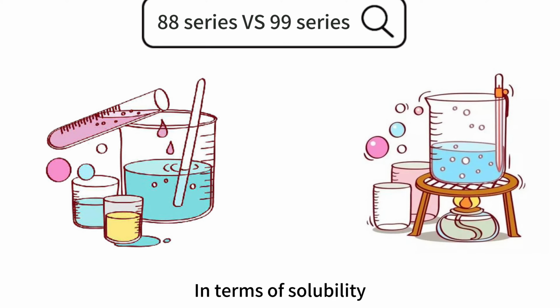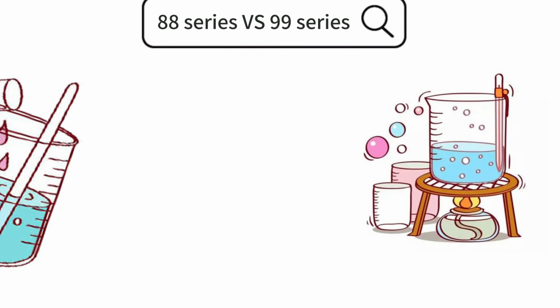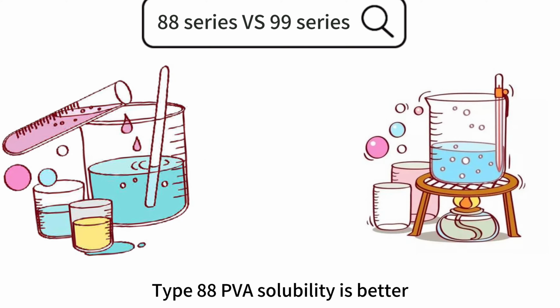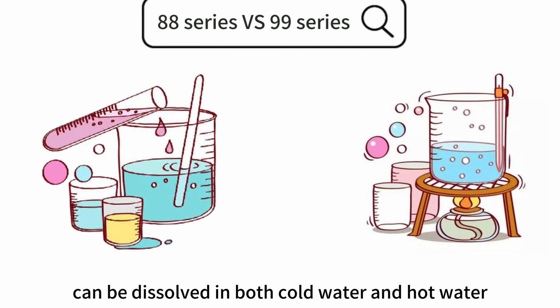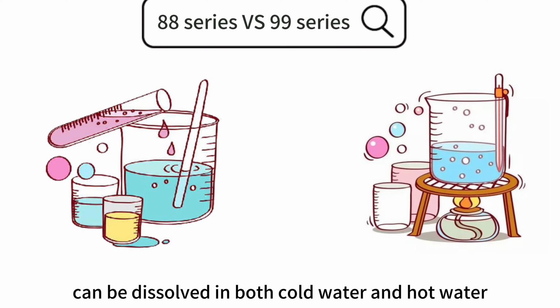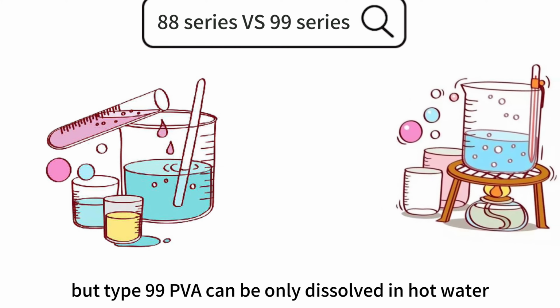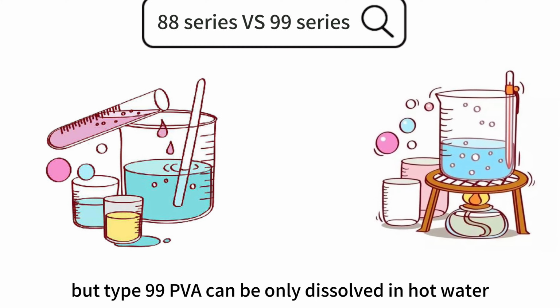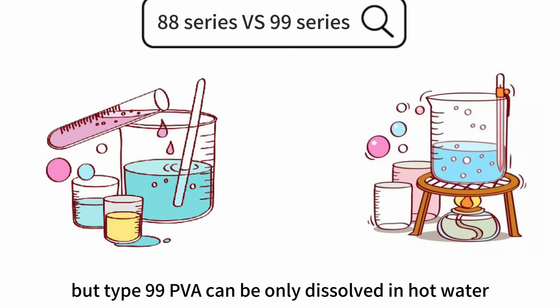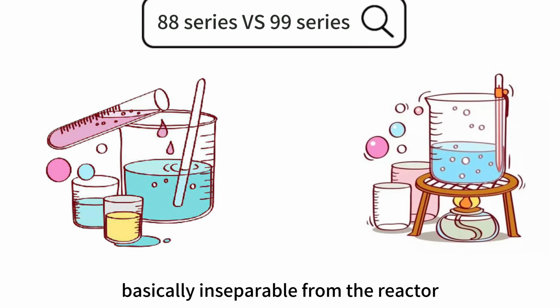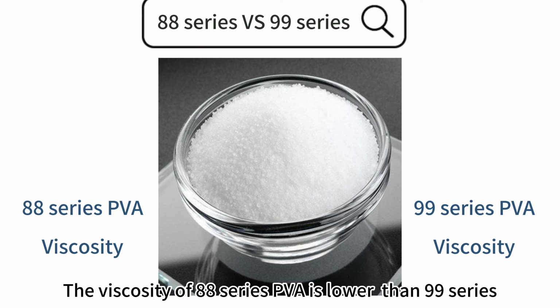In terms of solubility, Type 88 PVA solubility is better, can be dissolved in both cold water and hot water. But Type 99 PVA can be only dissolved in hot water, basically inseparable from the reactor. The viscosity of 88 series PVA is lower than 99 series,